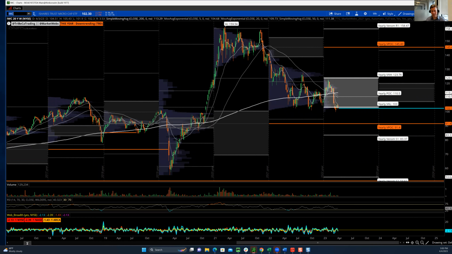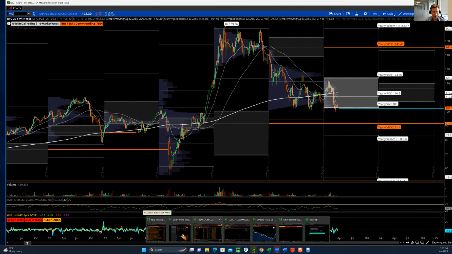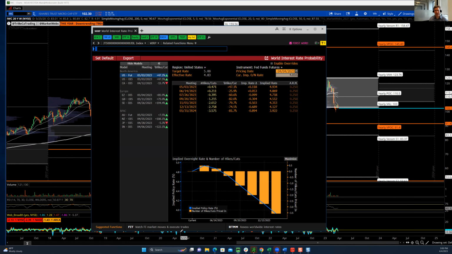Regardless, there are some things like this that do not look particularly good. Now, I mentioned I would take this one step forward with how the economics are coming out. Of course, this is also an implication. The odds now of a rate hike coming in May have dropped down to 47%. So they were just about 58%.